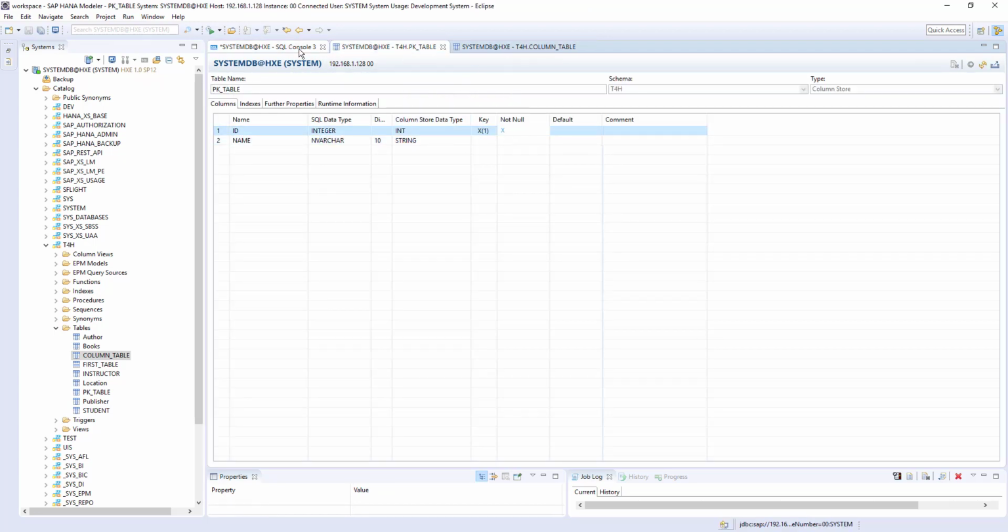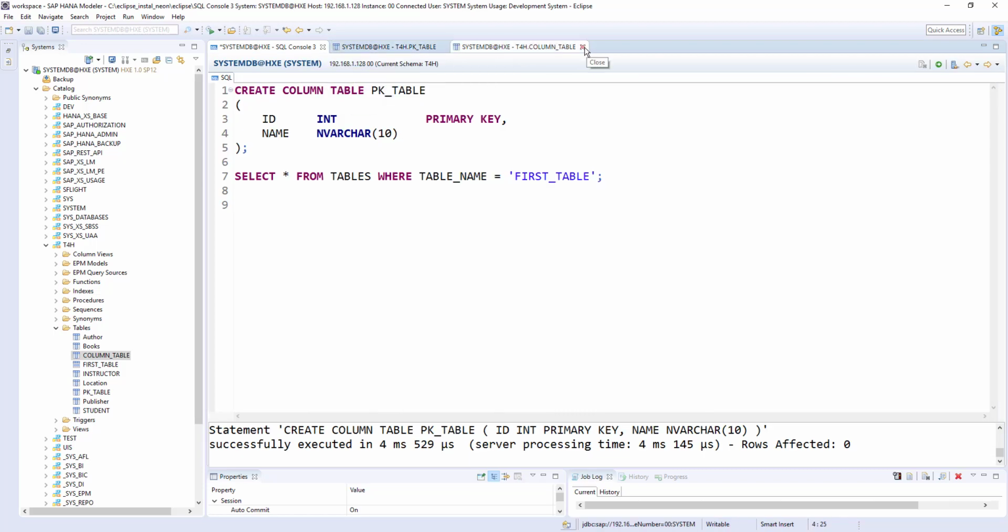So let's try to insert some data into this primary key table and see what happens. Insert into table name pk underscore table, and values id 1, and I'm putting the name 1 again.